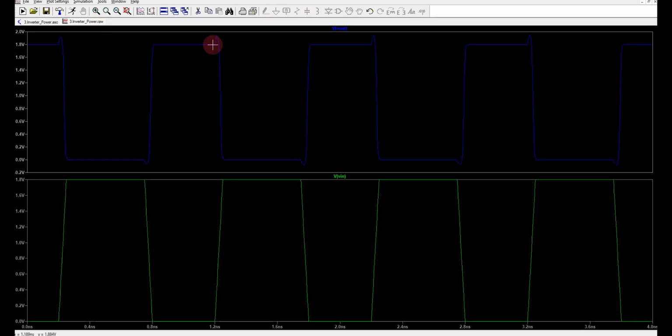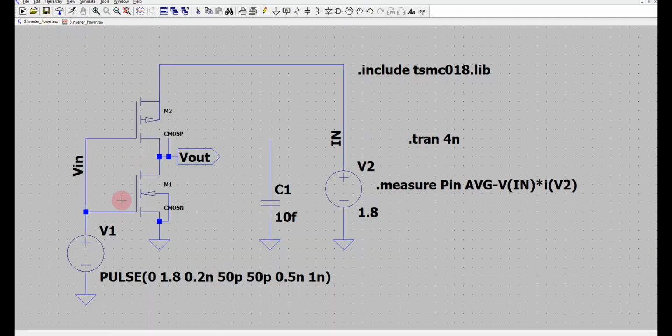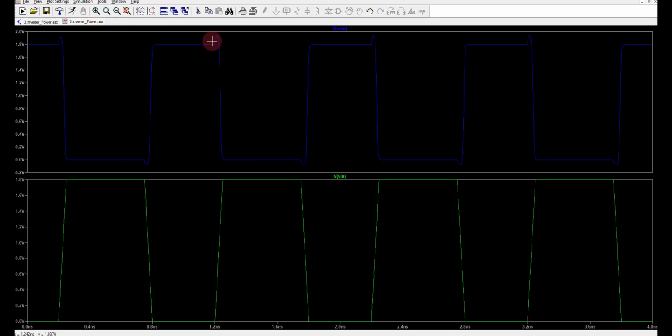So do you understand why this peaking is happening? Any of you? Is it understood why there is a peak out here? That peak is because when I am giving a steep signal out here, because of the gate to drain capacitance, it gets coupled to the output. That is known as clock feedthrough, that phenomenon. So you will find some charges are going to get coupled, and that will be much faster than the reaction of this MOSFET. The current will slowly start following here. So you will have these kinds of glitches coming here, right?